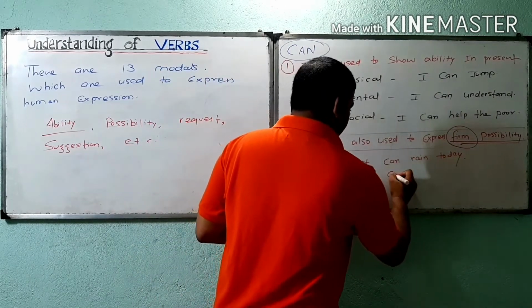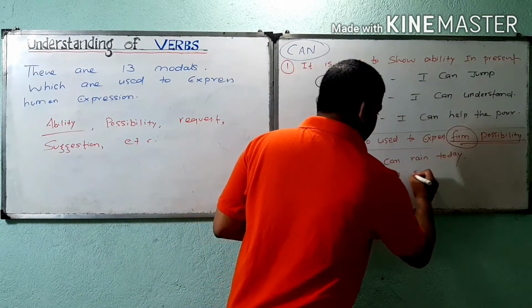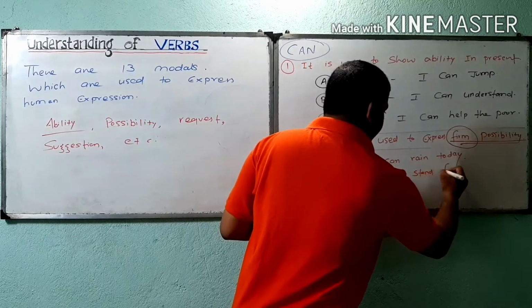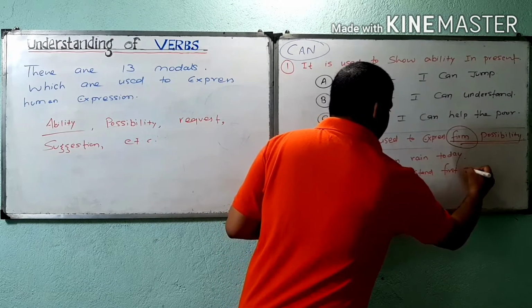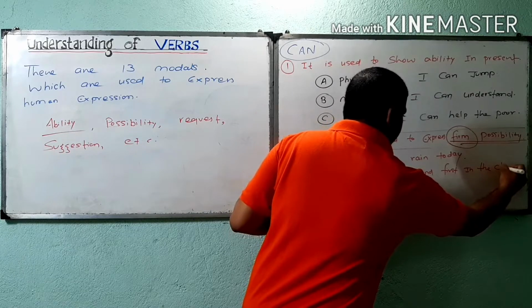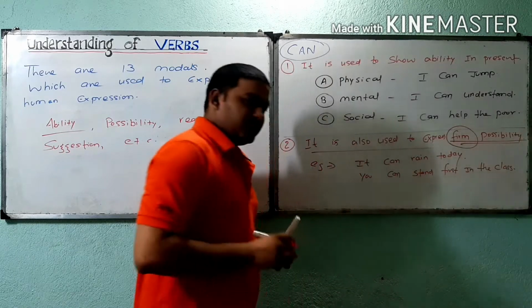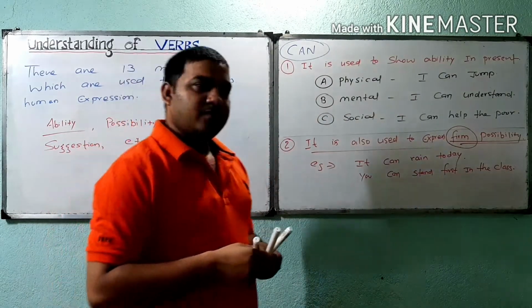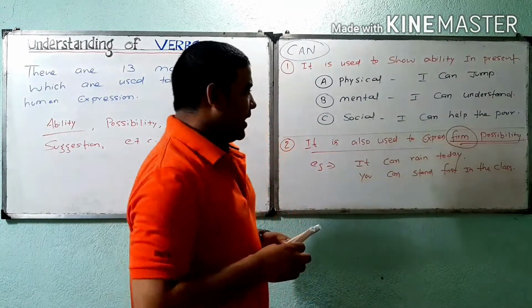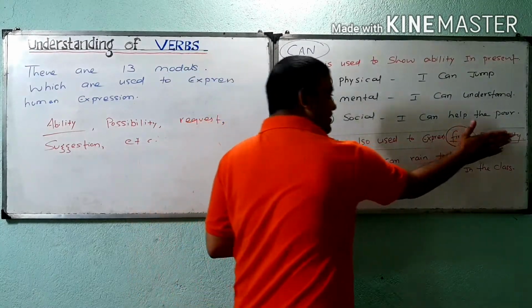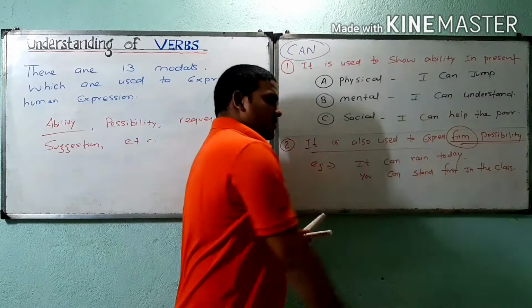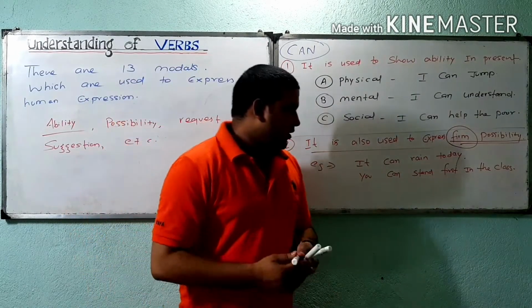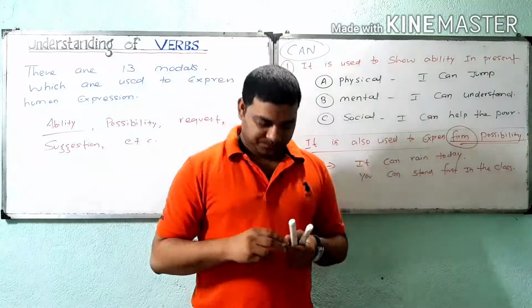You can stand first in the class. So, the speaker is very much sure and is expressing his firm possibility about these actions. Like it can rain today or you can stand first in the class. Guys,